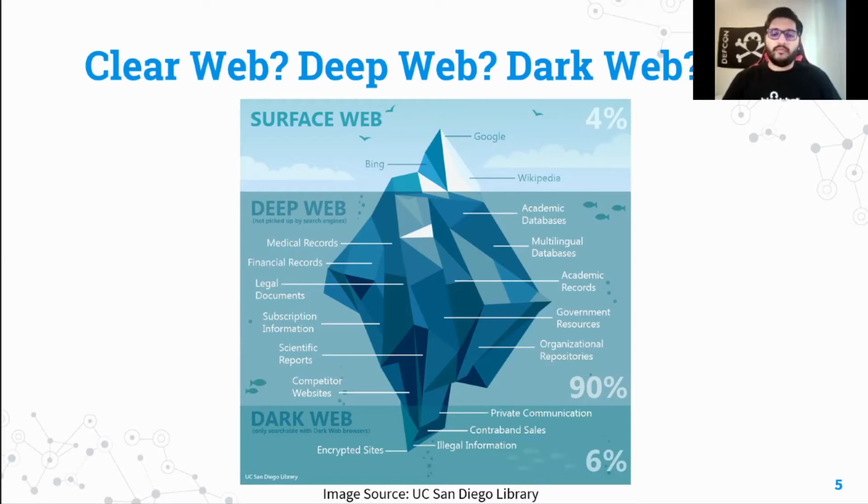Coming to the dark web, which we will talk about mostly in this talk: the dark web is a part of the web where you need some kind of special software to access. The sites on the dark web are all marketplaces, dump shops, or forums where different users or actors go talk about different stuff that we'll talk about later on.